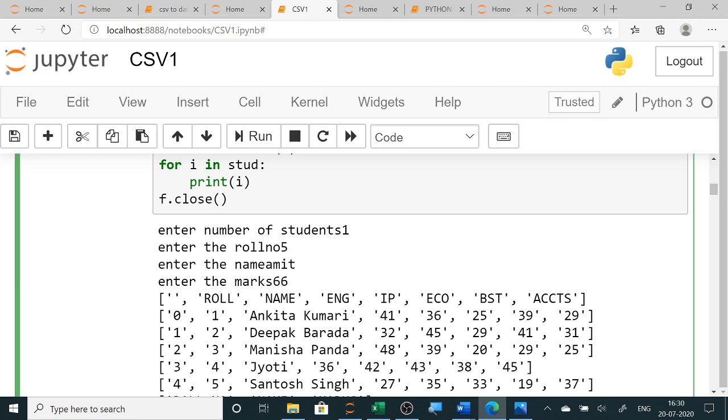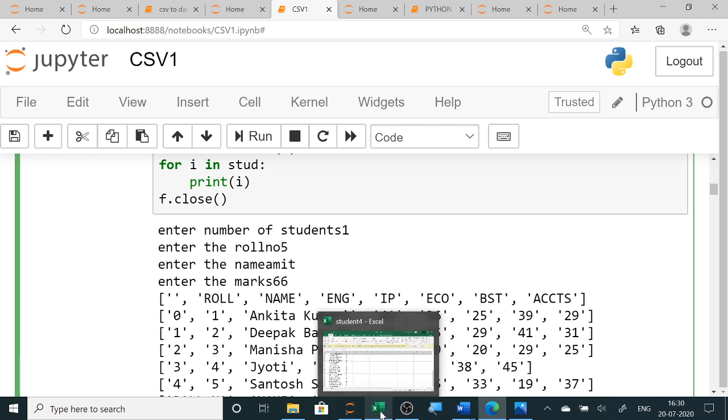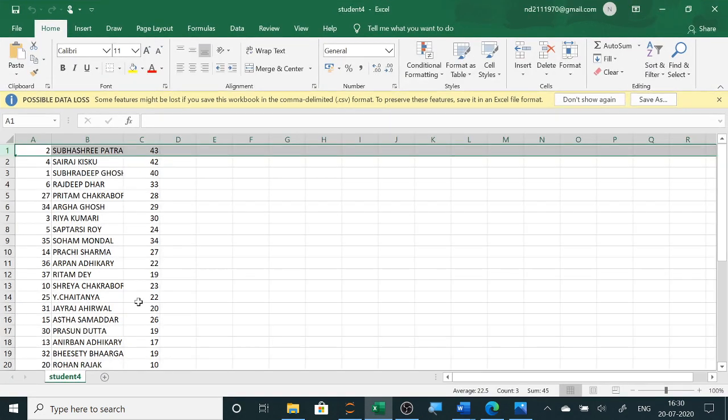So all of you have started designing your projects. In your projects, directly in Excel also you can create the CSV file, and then from here you can do all the operations, search operation, any calculation you want to do. Like here one file is there, this file I have created from Python. Now one file I want to create directly, so here you can see one file I've created directly in Excel.